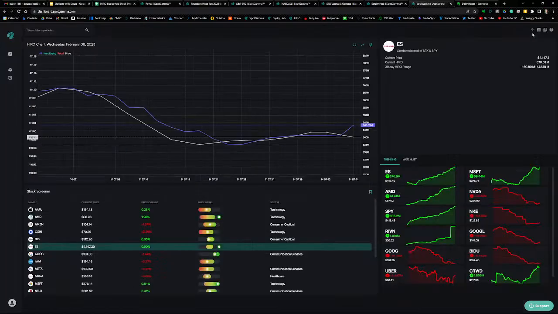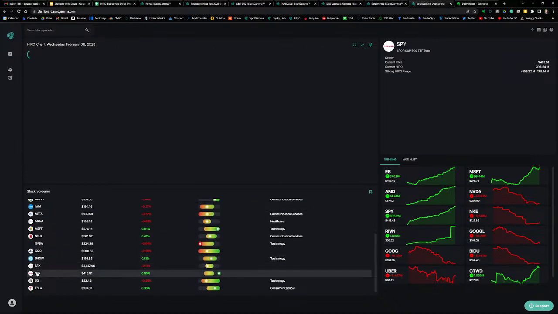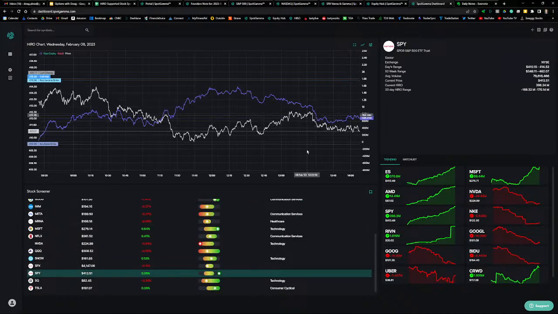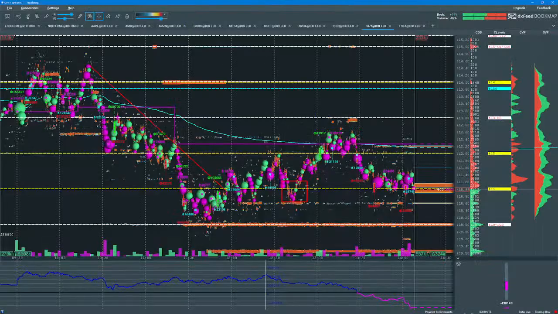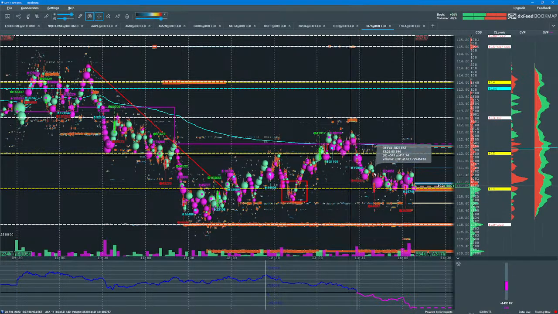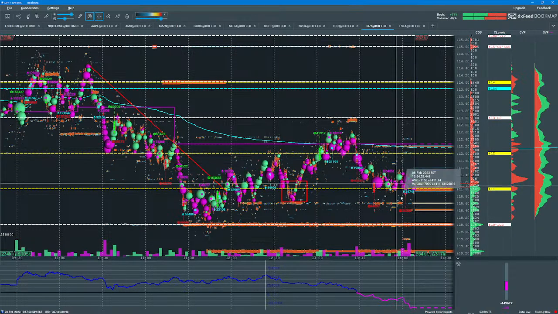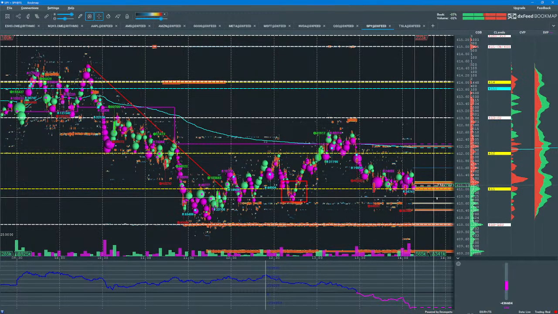All right, so let's just take a look. I've got some other setups that we can go through. So that was the ES and SPY. We'll take a quick look at SPY, and you'll see that it is very similar to the ES chart. Same thing. And once again, go to Bookmap. So there's SPY. And again, notice as SPY is now approaching that low level for the day, traders were taking positive delta positions.